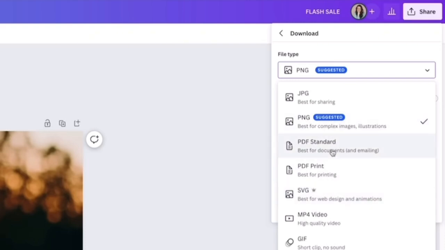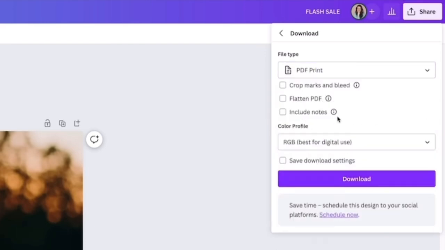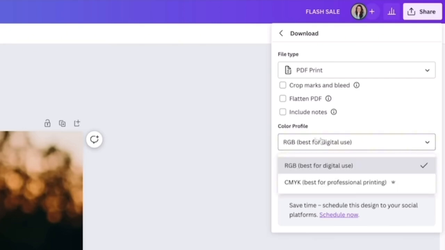So then you've got your PDF standard and PDF print. Remember, standard is just fine for anything that's digital or web usage. Print would be for anything that needs to be printed out. And then on PDF print, you can also choose to change your color profile from RGB to CMYK. If you're wanting to make your printable really high quality, then you would want